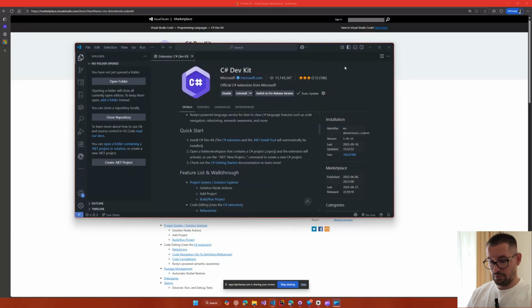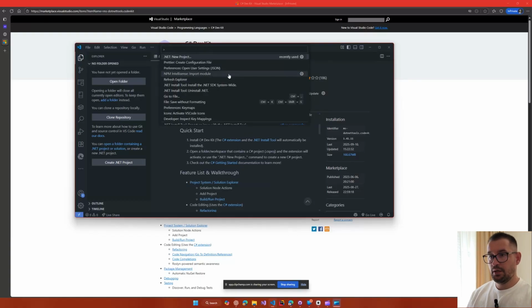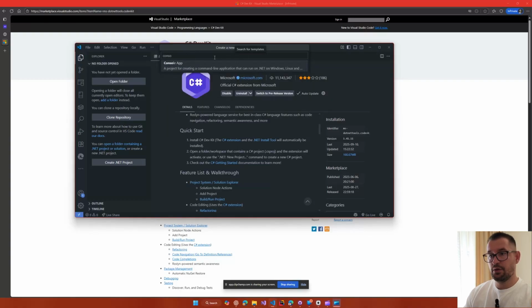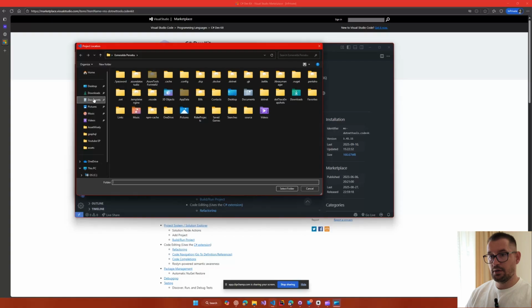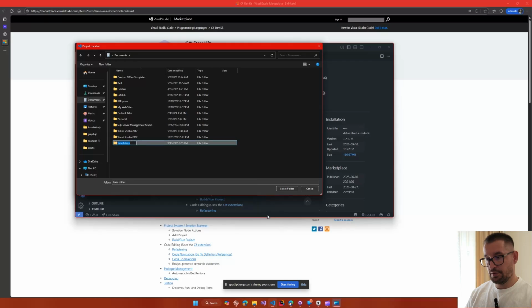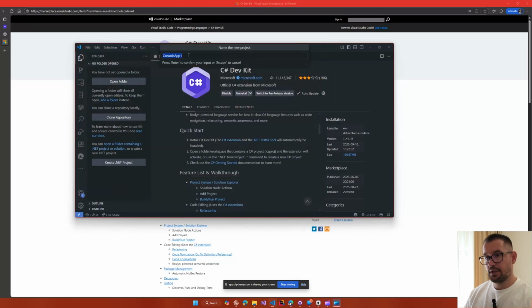The other option would be to click Ctrl-Shift-P in Windows, and then this is the command palette for searching. Here I can search console and pick the first one, and in my documents I can just create a new folder here and call it C# 0 to hero, and I can pick this one, select the folder, and now I need to name the project, which is going to be called first